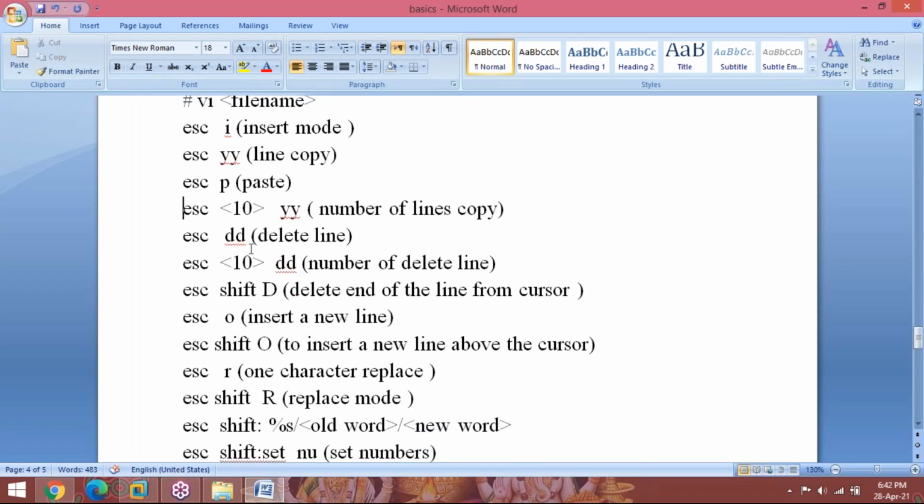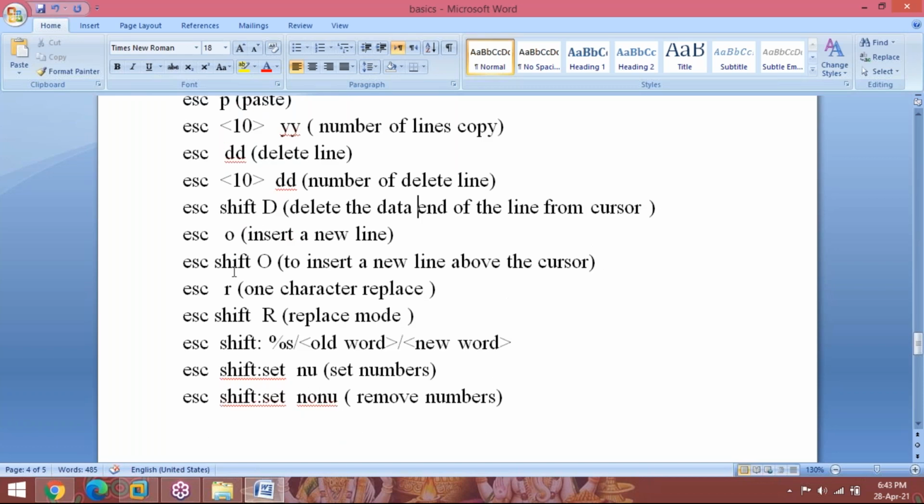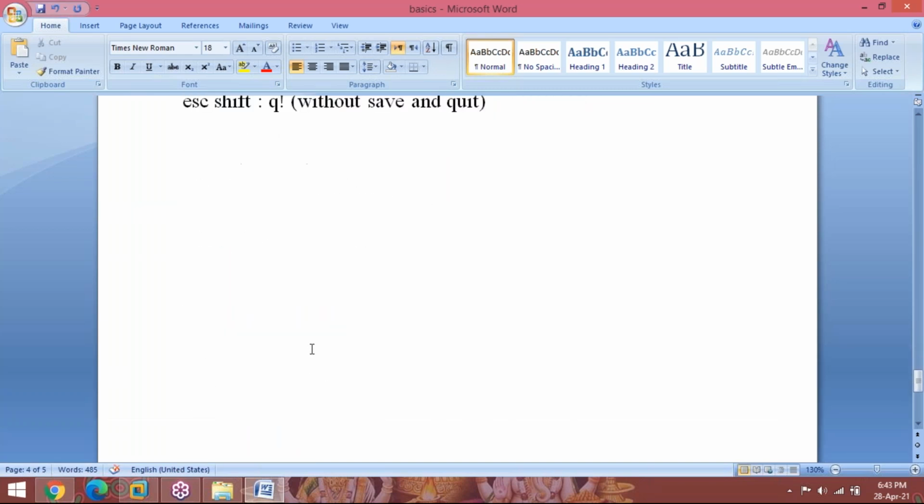Escape shift D, delete the data from the cursor to the end of the line. Escape o, insert a new line. Escape shift O, insert a new line above the cursor. Escape r, one character replace. Escape shift R, complete replace mode. Escape shift colon, %s/old word/new word. So like this we can have the vi editor commands.